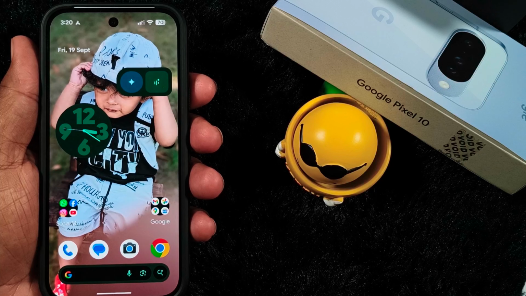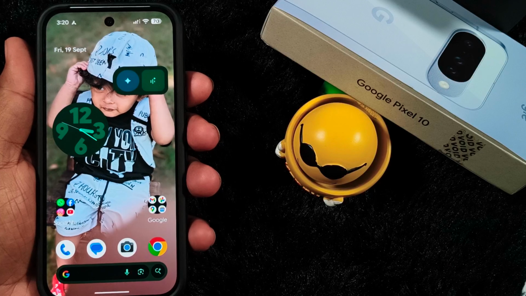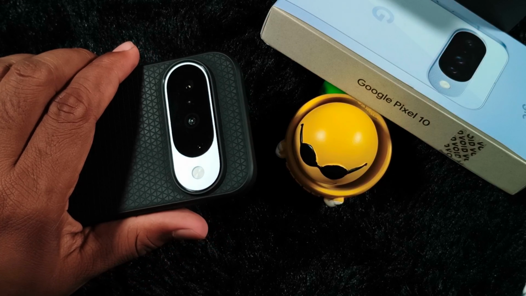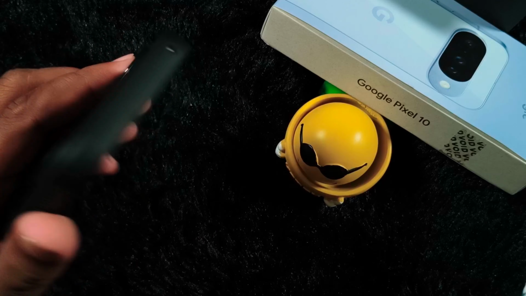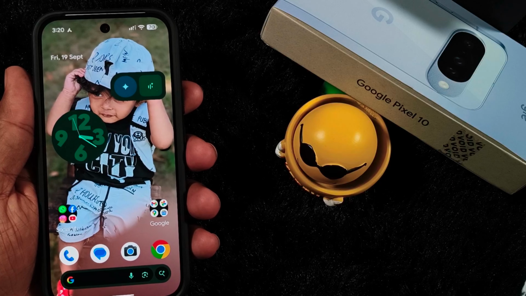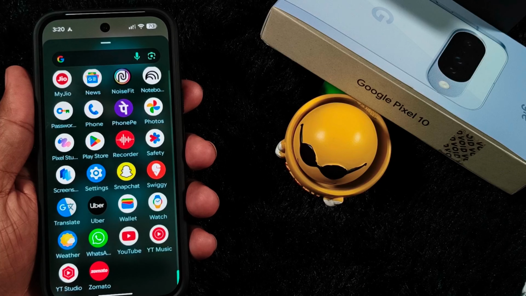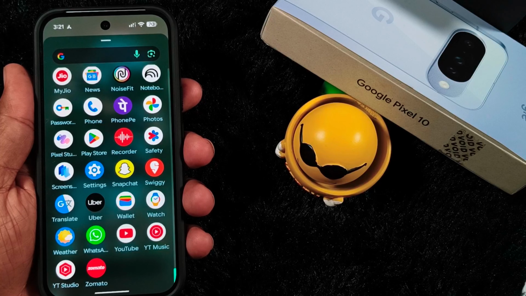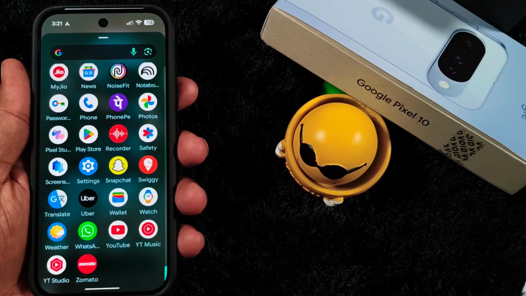In this video, I will show you how to change the phone language. Change the default language on your Google Pixel 10, 10 Pro, 10 Pro XL and other Pixel devices running the latest Android 16 version. By default, the phone language is set to English on almost all devices, depending on the country you live in. So if you want to change the default phone language, open the app drawer on your device,